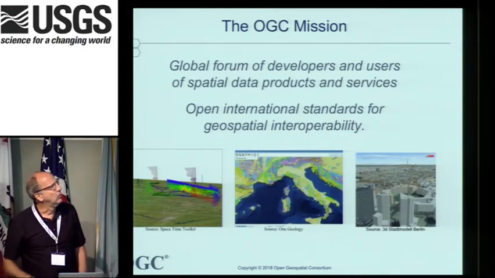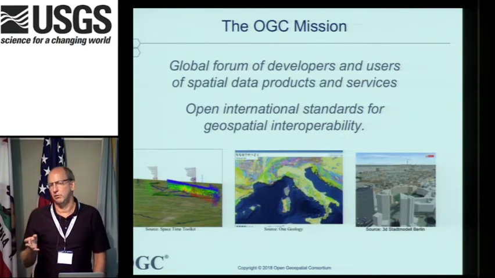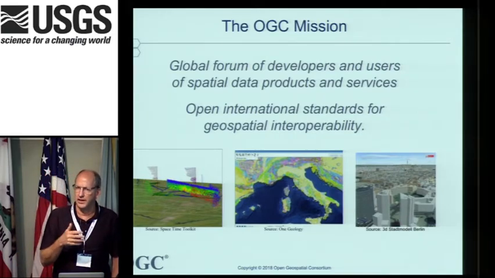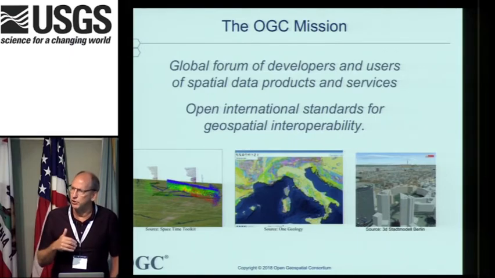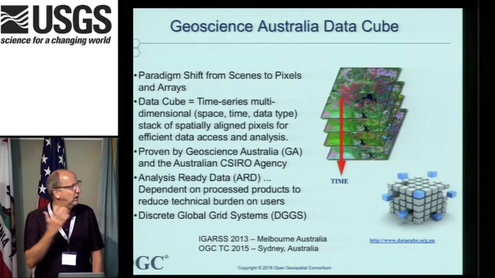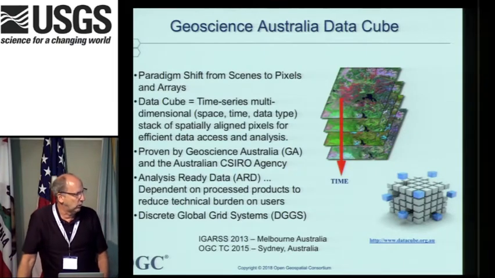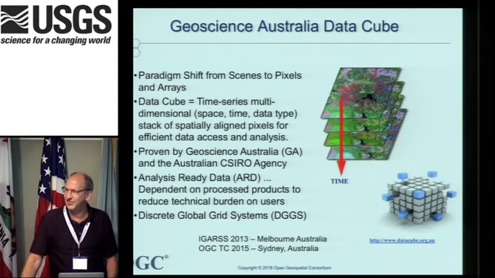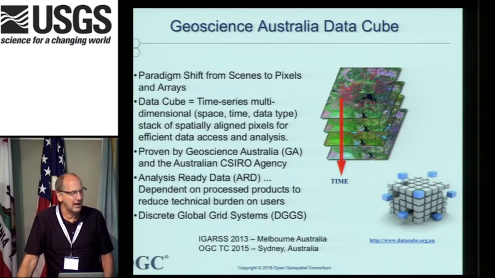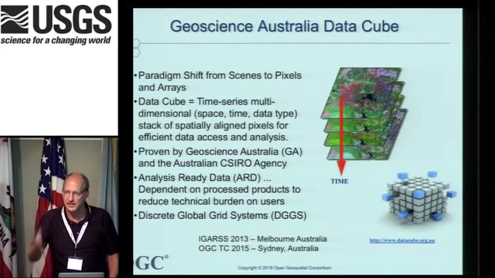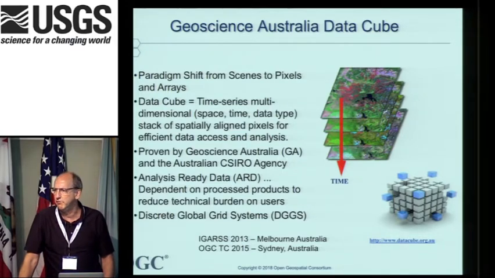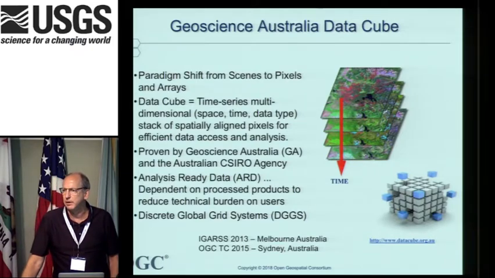That's OGC. With respect to why this is interesting and the conversations we've been having in the consortium, and what I've been learning yesterday and today, it has to do more with the data cube side. A couple of years ago, Australia really wowed me. IGARSS in 2013 was in Melbourne. I don't know how many people were there. Yeah, you were there, of course. It was just, wow, that's a really cool way to look at Landsat data in time with a drill down to be able to look at pixels and ask, what's the water history of a pixel, and do it in a rapid fashion to get an answer about the time history of water pixels.